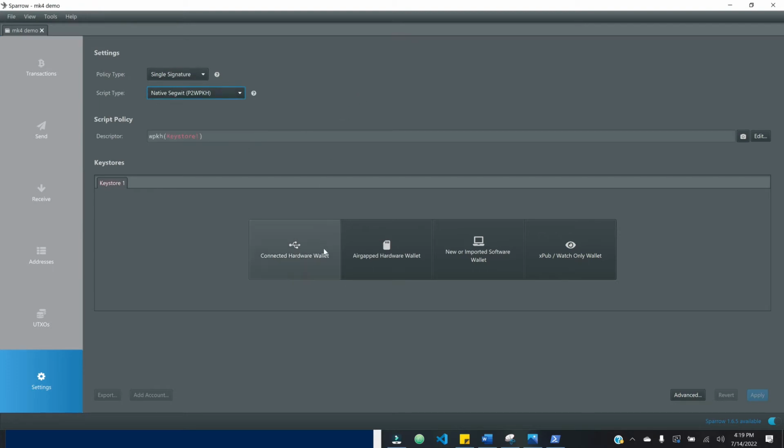And then it provides us with a couple different options. So there could be a connected hardware wallet. This would be something like a Trezor that you would plug directly into your computer. Or it could be an air-gapped hardware wallet, such as the Coldcard that we're doing in our case. If you wanted to just play around with Sparrow a bit, independent of your Coldcard, you could also just do a new software wallet. That option would allow you to just create essentially a hot wallet within Sparrow. So we're doing air-gapped hardware wallet,